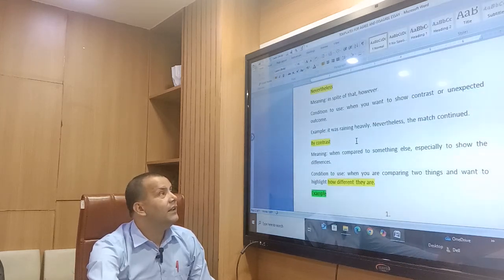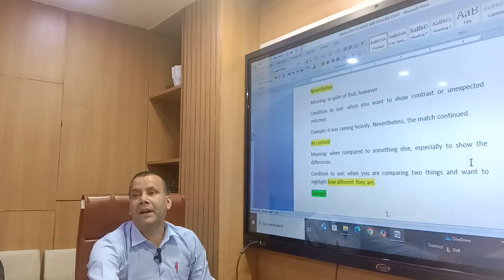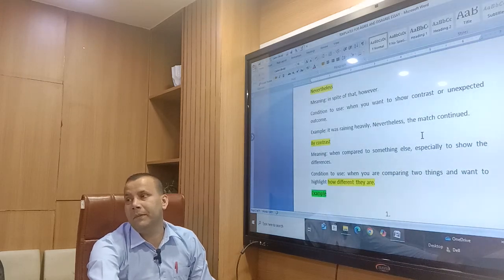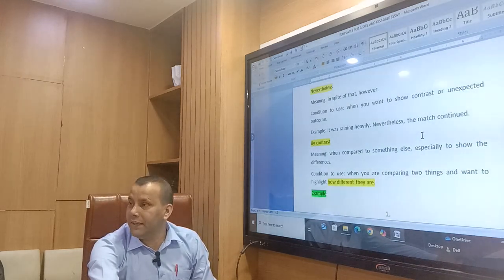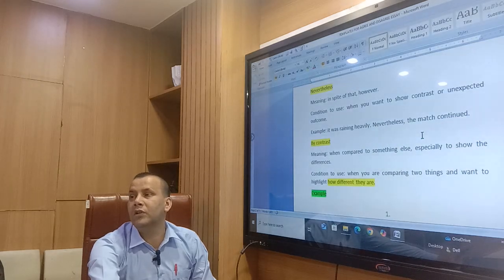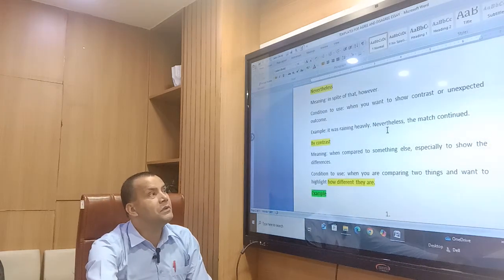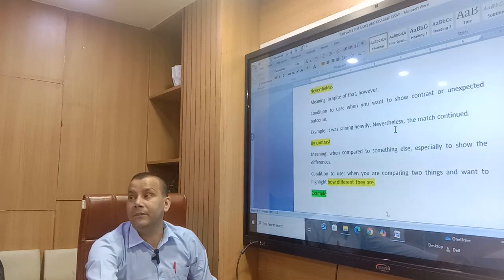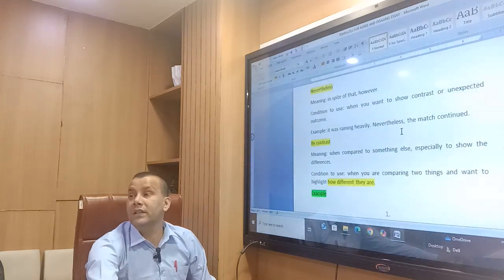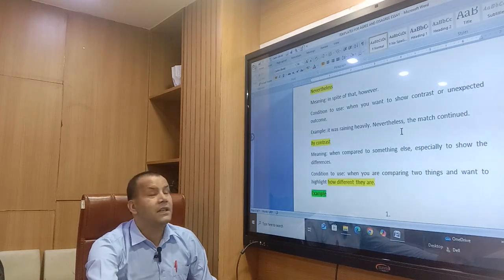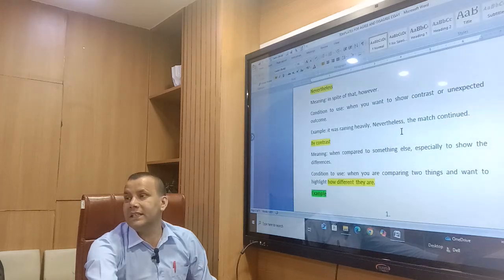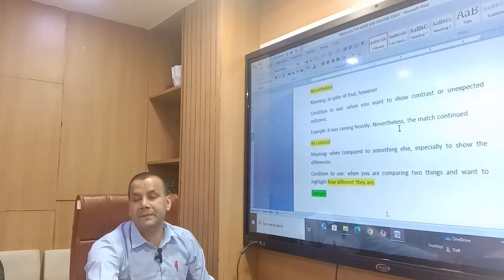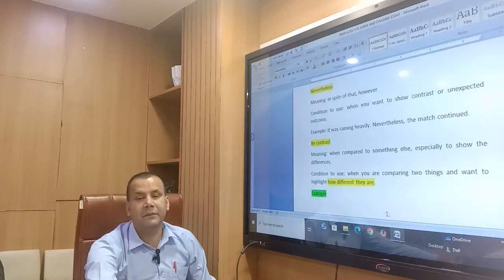Okay, example. It was raining heavily. डरो पानी परिरहेको थियो. Nevertheless, the match continued. तैपनि match continued भयो. When it rains, no player plays a match. If they play, we can use nevertheless here. Nevertheless means esto bhaeta yadyapi. We use nevertheless to express unexpected results. She is very fat. Nevertheless, she runs very fast. Okay, esto bhaeta pani. To express unexpected results, we can use nevertheless.